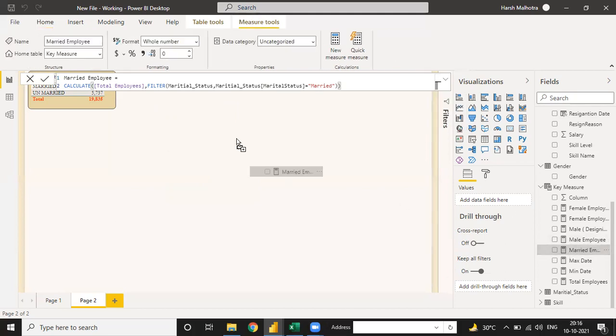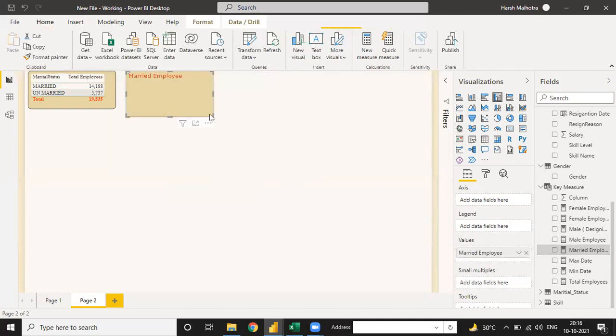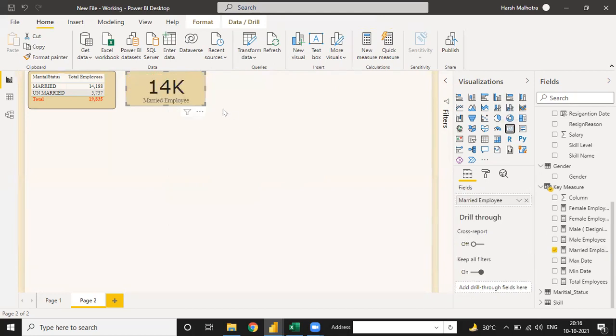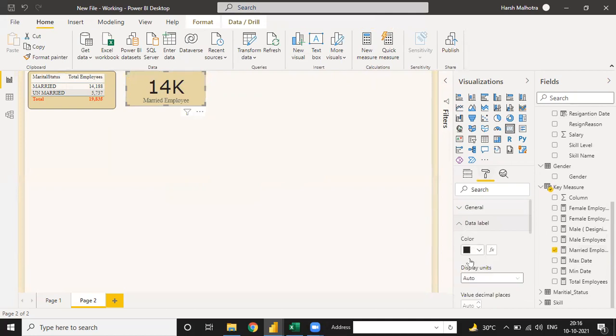Go to this value. $14K and value identify to none. 14,188. It's a complete goal.